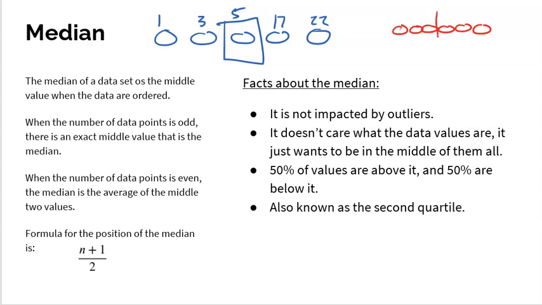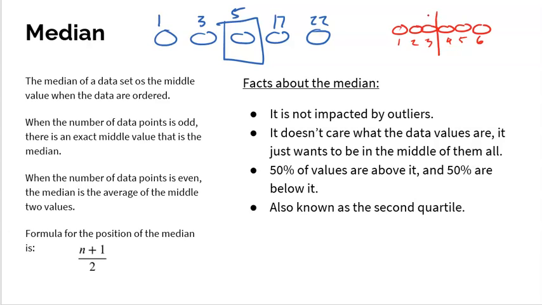The middle is right here. So it's actually not one of the values. It's directly in between the 3rd and the 4th values. This is the 1st, this is the 2nd, this is the 3rd value, 4th, 5th, 6th value. Again, who cares what the values are? The median just wants to be in the middle. So in this sense, since there's 6 of them, it wants to be right in between the 3rd and the